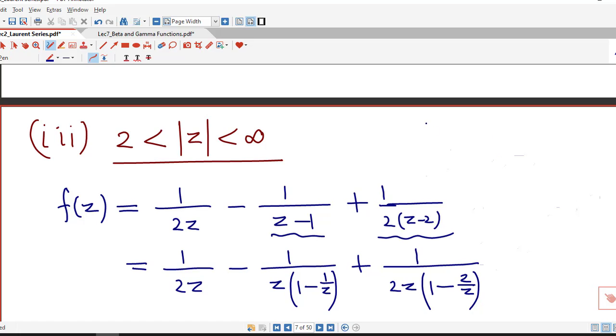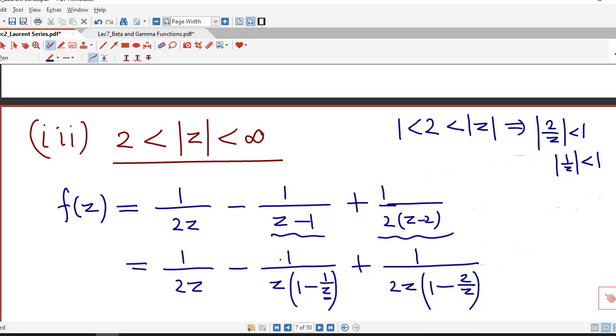Because absolute value of z is greater than 2, this implies absolute value of 2 by z is less than 1, and absolute value of z is greater than 2 implies absolute value of z is greater than 1 also. So that implies absolute value of 1 by z is also less than 1. So that is the reason why we are writing this in this form,